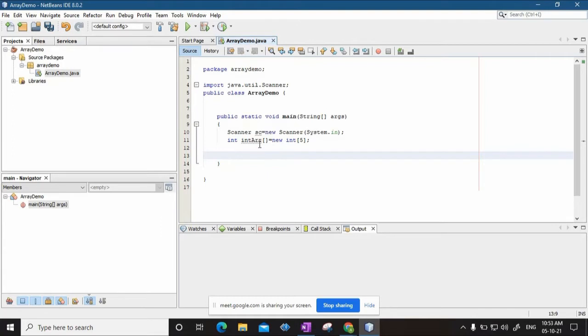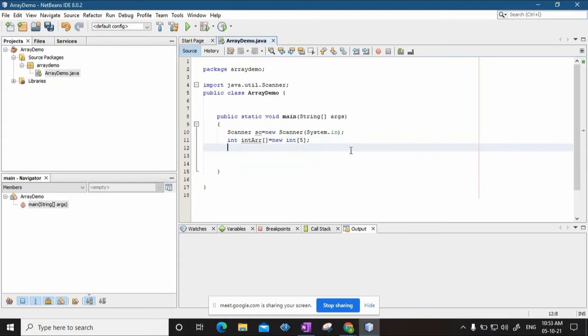Address of which data structure? Address of an array data structure. That's why square brackets. And then int tells that data structure, the contiguous memory allocation data structure, which is called an array. It is homogeneous and it will only store integer values, and that's why this is a reference name for an integer array. And the actual array creation will be done on the right hand side.